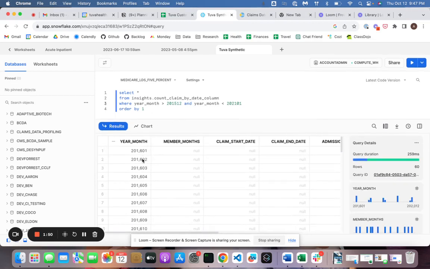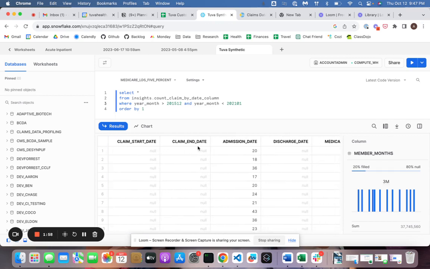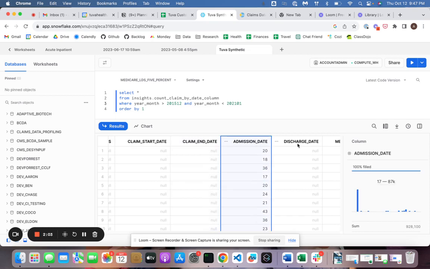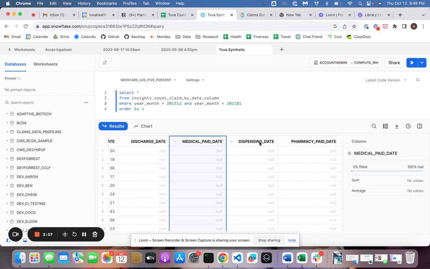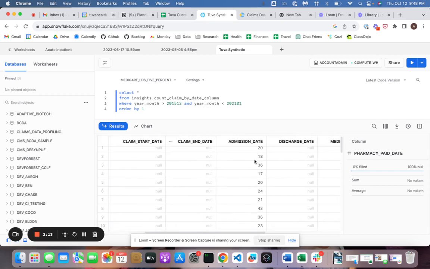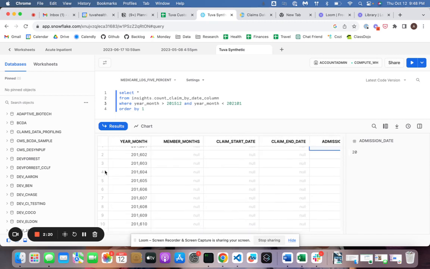Basically, for your enrollment data, which we've created member months from, and all the other key date fields in claims, like claim start date, claim end date, admission date, discharge date, the paid date on medical claims, the dispensing date in pharmacy claims, and the paid date on pharmacy claims, this model counts the number of distinct claims